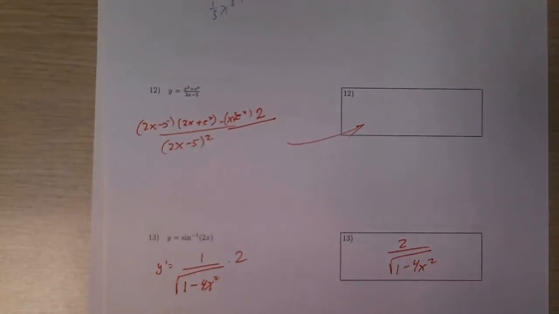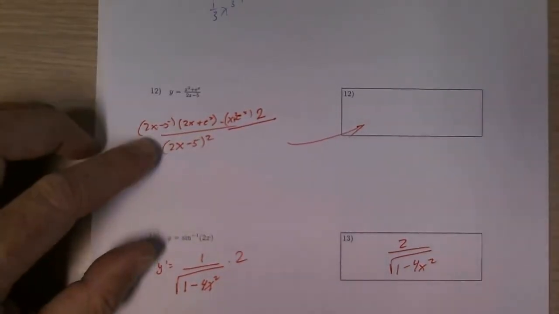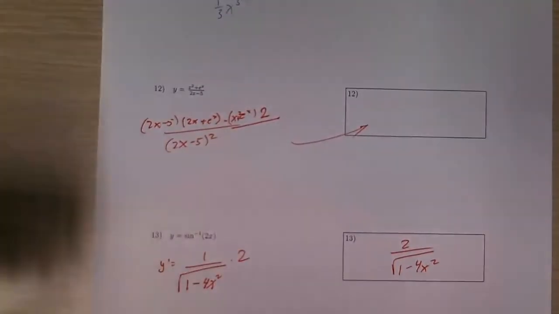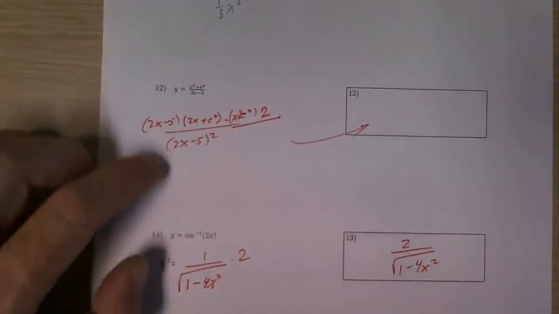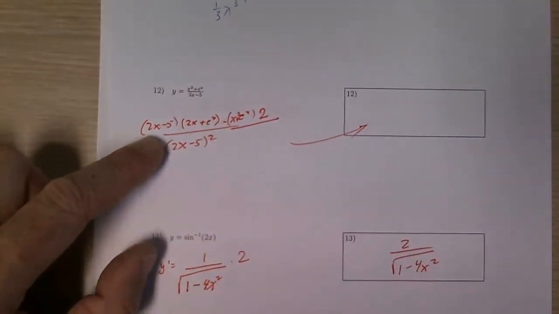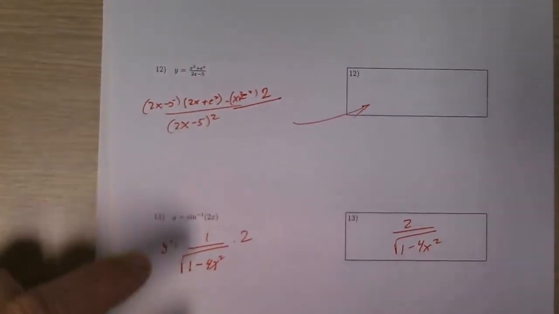You've got to get to the point where you're doing your algebra correctly, because otherwise you're going to think you don't know how to do calculus. It's not the calculus, it's the problem here. People got the quotient rule right and then did bad algebra. Okay. Yeah, this could be multiplied out and some like terms could be collected, but I wasn't worried about that. This one,